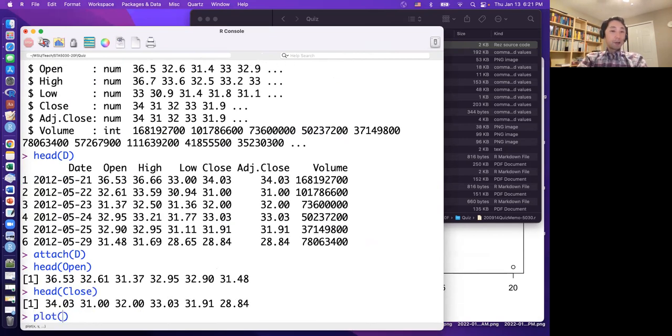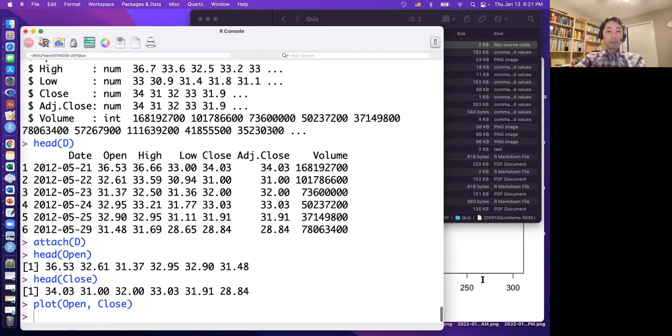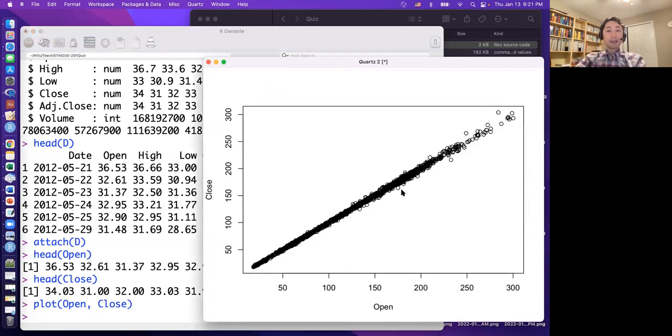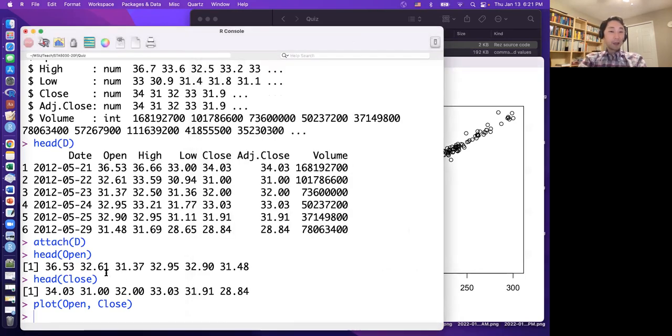If I plot the price at open as X and the price at close as Y, then we can make this scatter plot. Of course, for each day, the open and the close have similar prices. So there is a very high correlation. And maybe I can fit the close on open. It's a pretty good